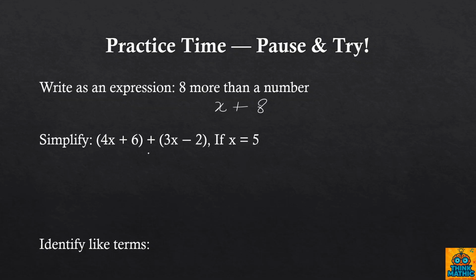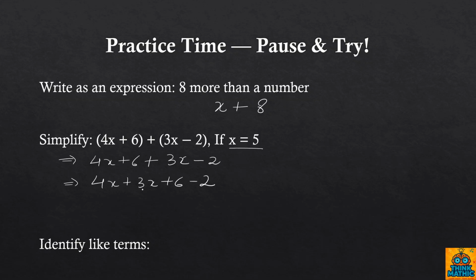Now, here they're asking us to first simplify, and they're also giving the value of x as equal to 5. Since the expression is given to us, first we need to solve the expression. That is 4x plus 6. The first step was to always open the bracket, plus 3x minus 2. Now, the second step is to move the like terms to one place. So 4x plus 3x plus 6 minus 2. 4x plus 3x makes it 7x